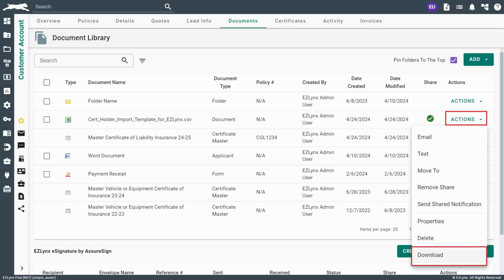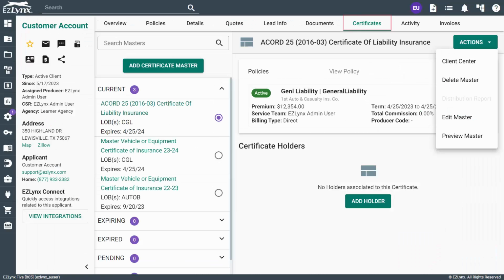To import this list into your master certificate, you first need to download it by clicking Actions, then download and saving the document to your computer. Next, navigate to your master certificate by clicking on the Certificates tab. Now, click on the certificate that you'd like to import these certificate holders to, then click on Actions and Edit